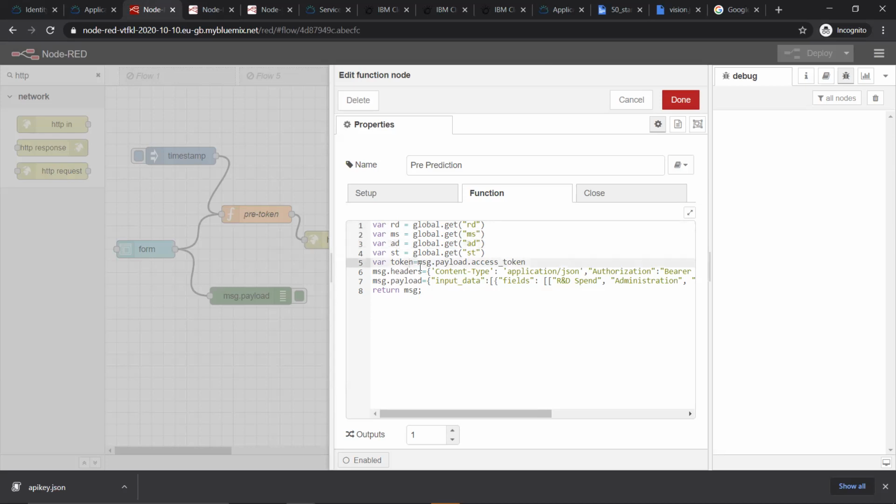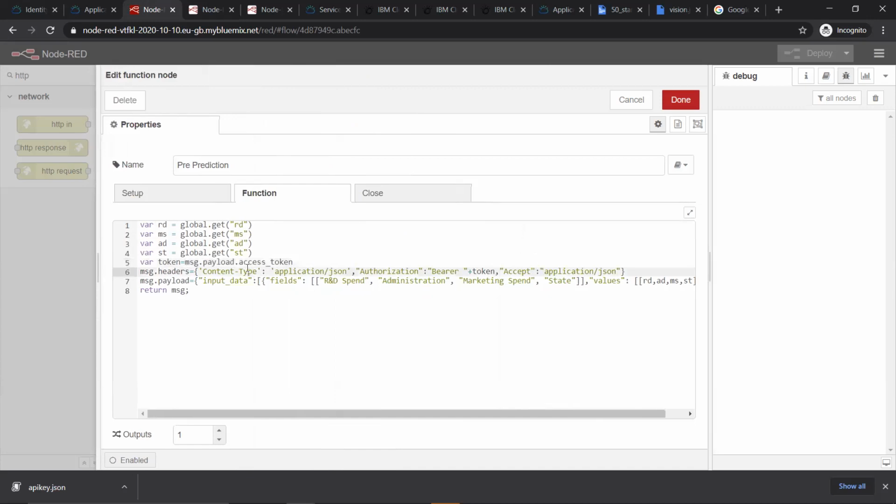If you see, I already told you, right? Everything is in the form of msg.payload dot. Inside the object you had the access token, so message.payload.access_token will fetch the access token which was just generated. Now, again here you give the content type. This content has to be sent in the form of JSON, so this input should be sent to the model in the form of JSON.